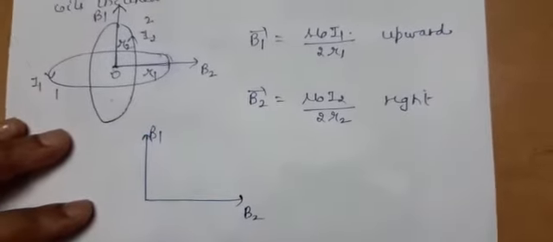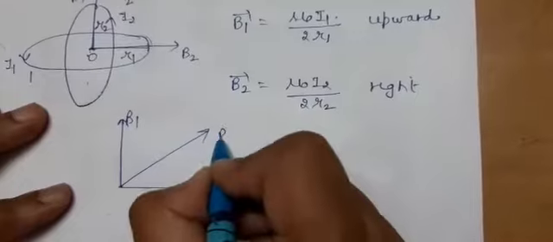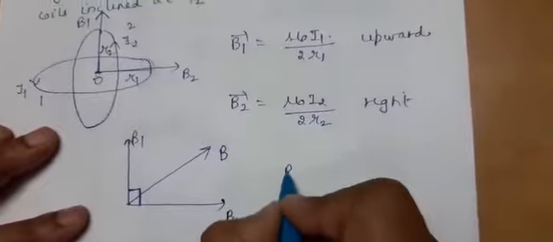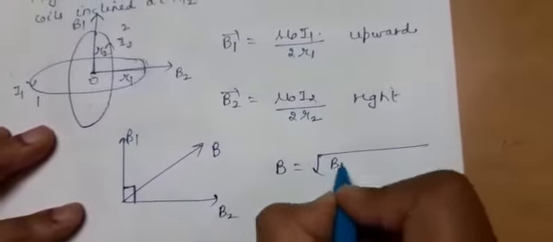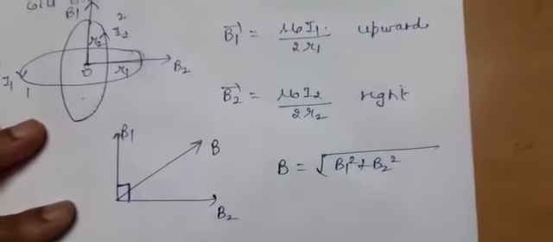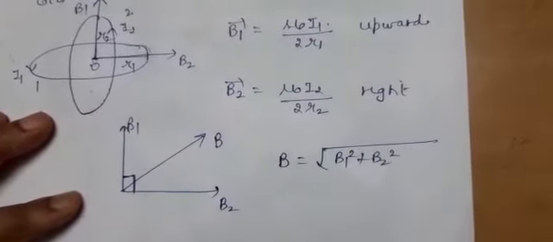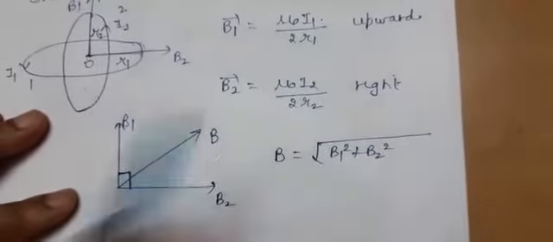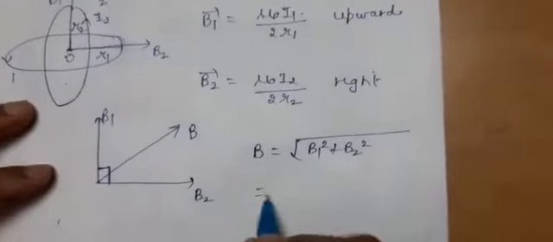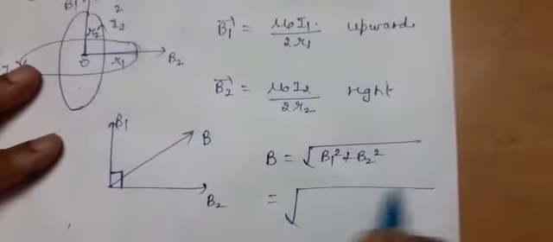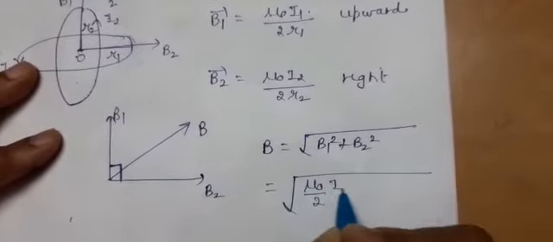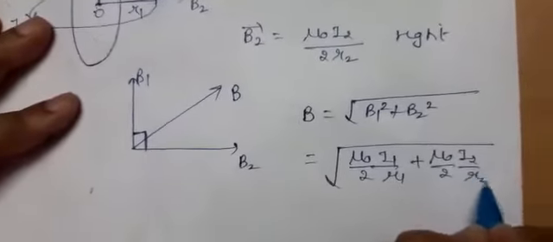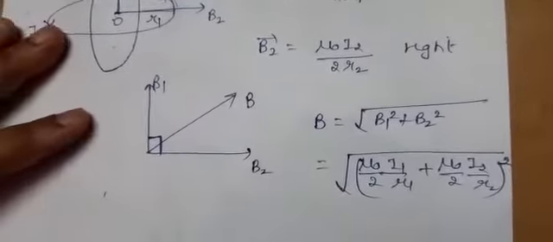So now what is the net magnetic field? The net magnetic field can be obtained as these two are mutually perpendicular to each other. So net magnetic field will be given by under root of B1 square plus B2 square plus 2B1B2 cos 90, which is 0, so that will not contribute. So if you substitute the values, you will get the answer. As current and radii are different, in this particular case, mu naught upon 2 I1 R1 plus mu naught upon 2 I2 R2, its square you will take and simplify, you will get the answer.